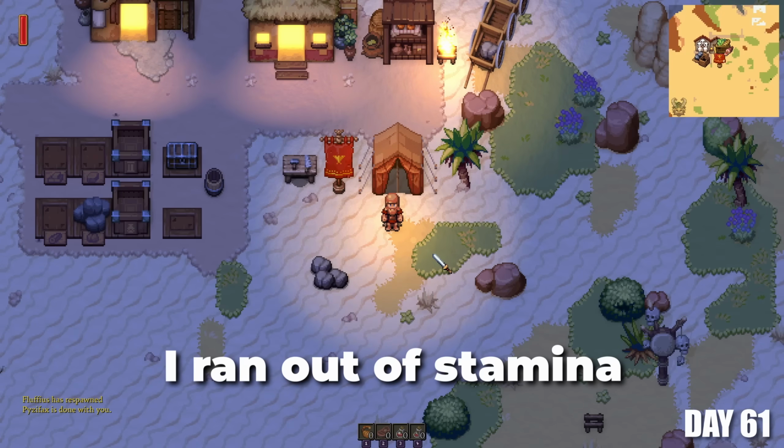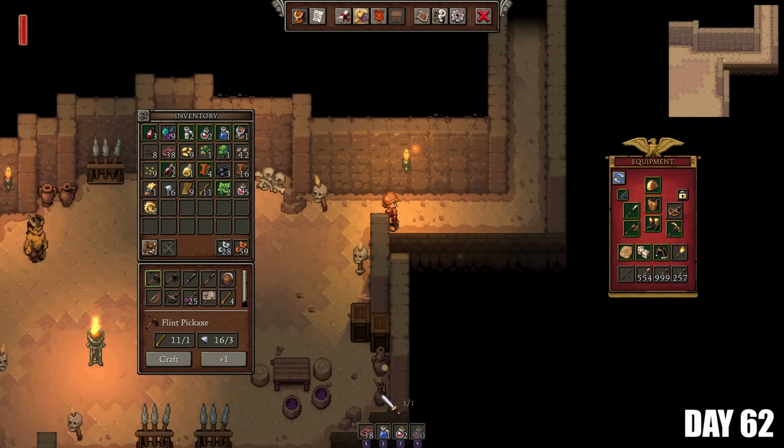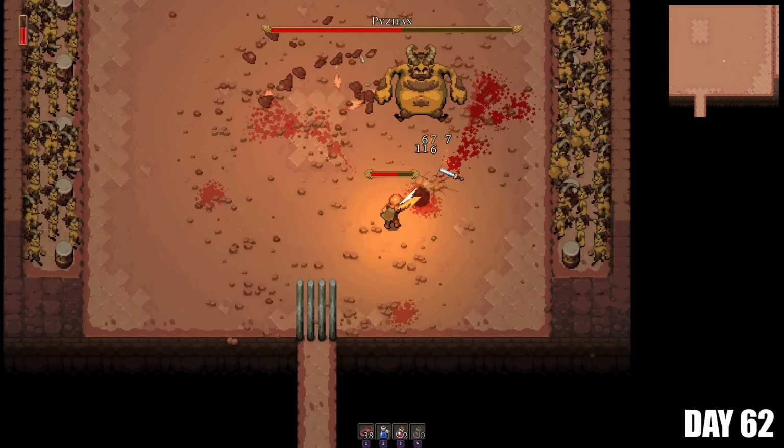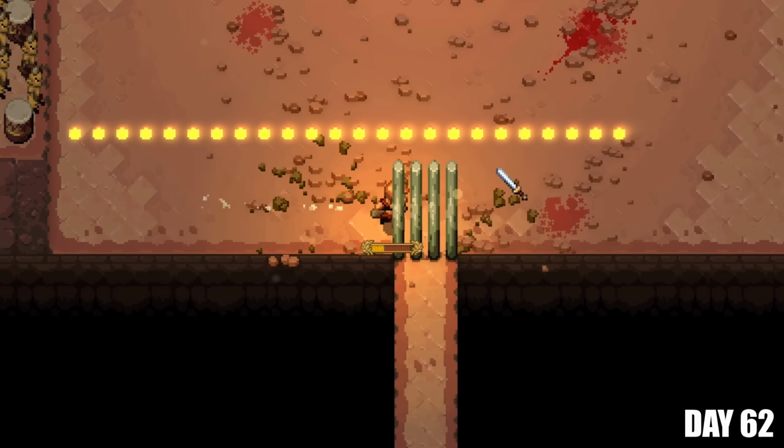I ran out of stamina. How did I defeat Cyclops and I couldn't defeat this fatty? I ran back to the fort and attempted the fight again. I went through the initial first phase quite smoothly yet again, and this time somehow I barely survived the second